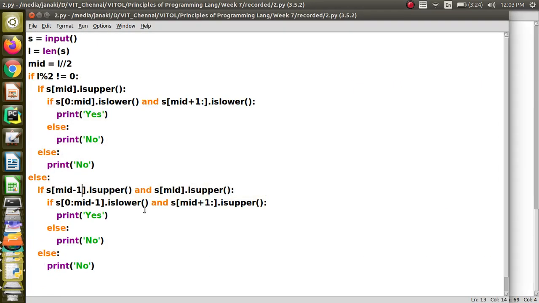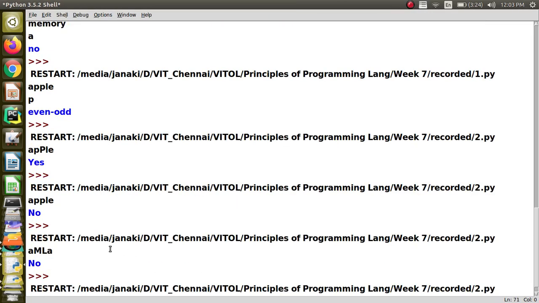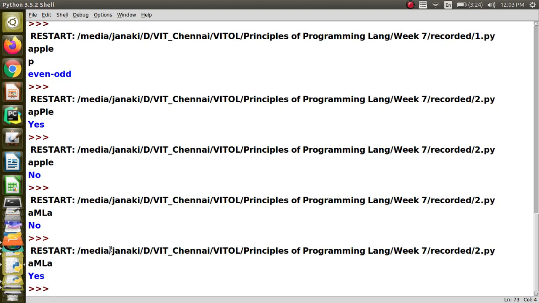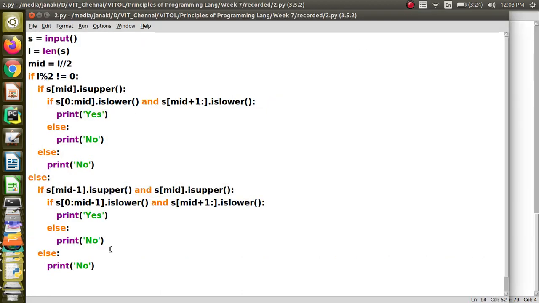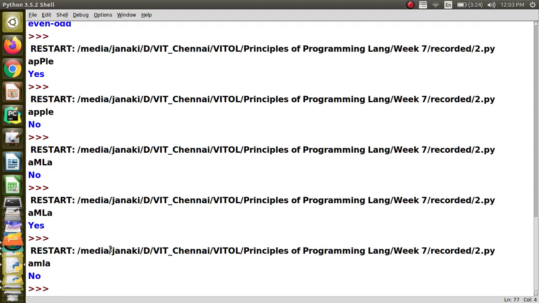Yes, 0 to mid minus 1 should be there. Okay. Mid plus 1, sorry, here it should be is lower, it's a typo, is lower. Yes, okay.